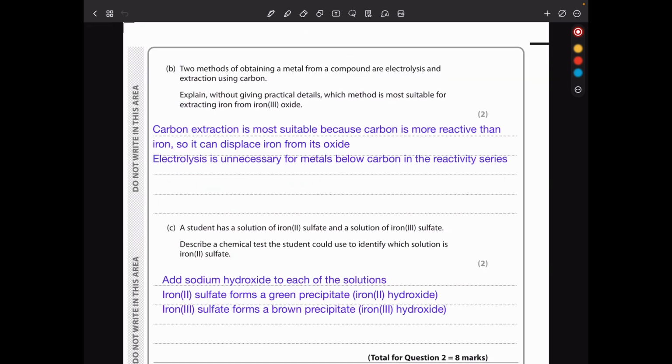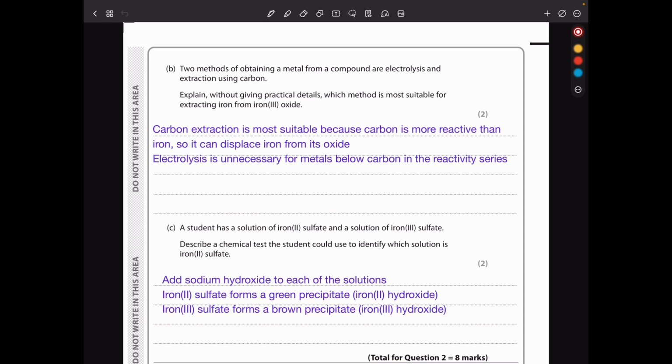Then part B, 2 methods of obtaining a metal from a compound are electrolysis and extraction using carbon. Explain without giving practical detail which method is more suitable for extracting iron from iron(III) oxide. In the extraction of iron from its ore, they usually heat their iron ore with carbon. Because carbon is more reactive than iron, it's going to replace it from its compound to form carbon monoxide and